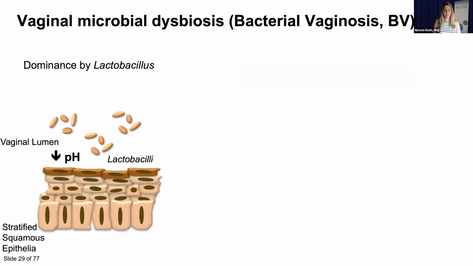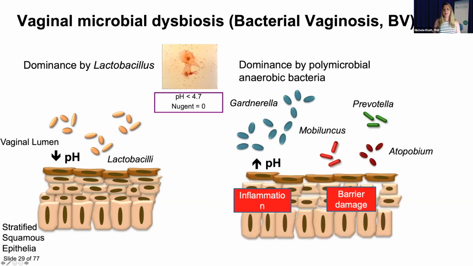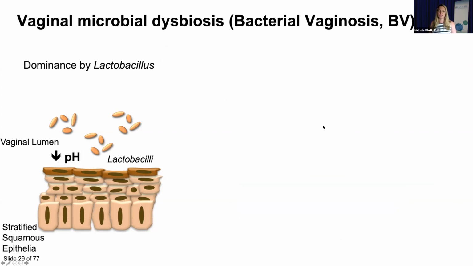And this will keep the pH low, which is very good in the vagina, and that can protect from pathogens. Clinically speaking, this is diagnosed by Nugent score. So you would see a wet mount like this, where you see all these lactobacilli, very few cells, and this would be associated with a low pH and would be Nugent negative. In the context of bacterial vaginosis or dysbiosis, you have an increase in polymicrobial anaerobic bacteria such as Gardnerella, Mobiluncus,